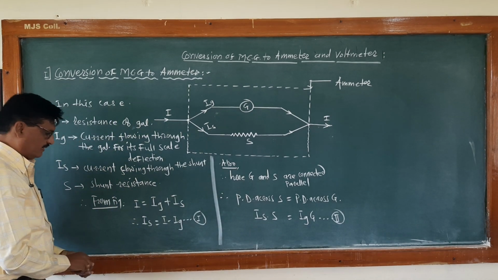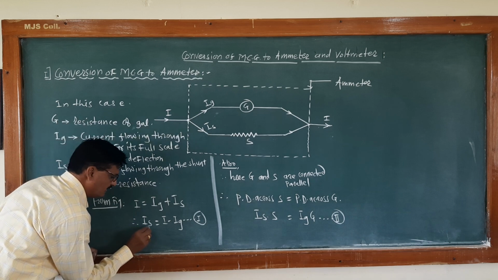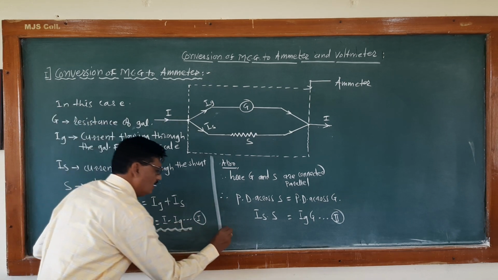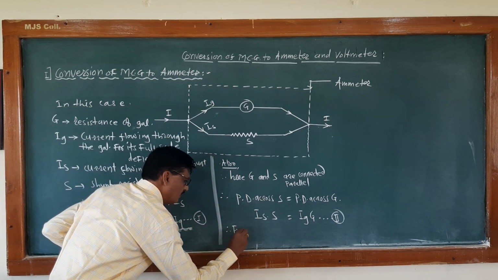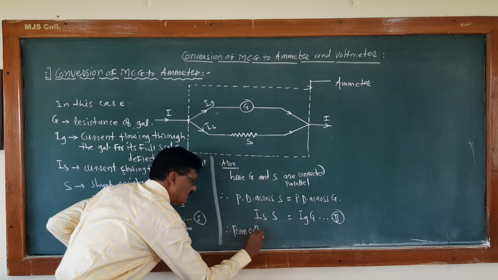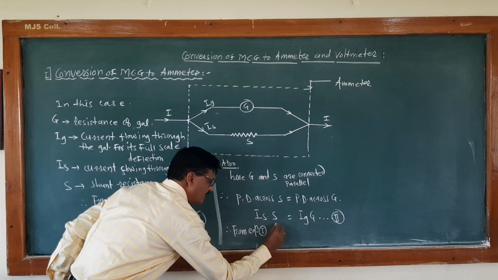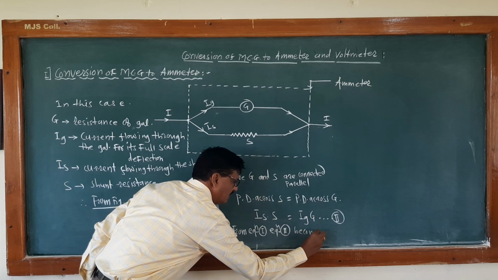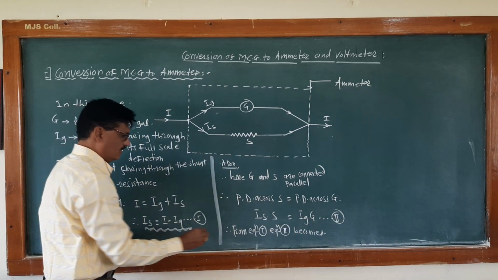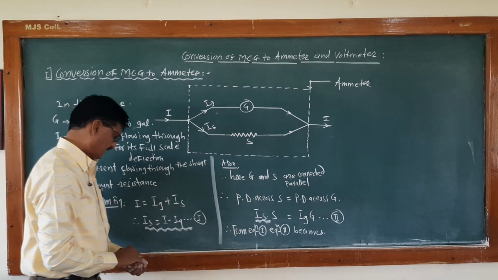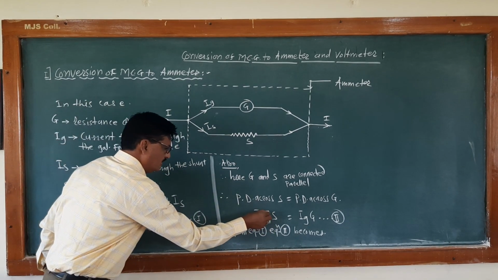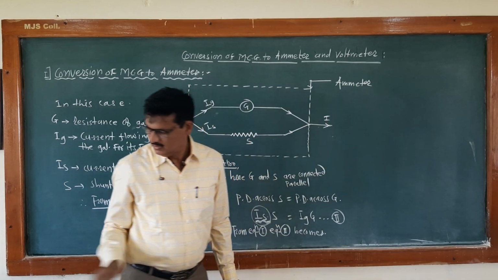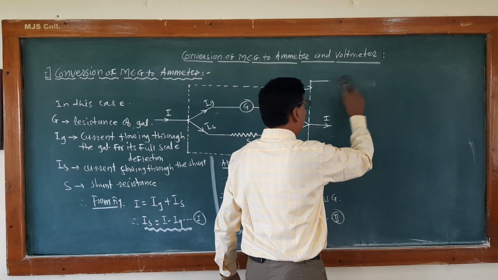Already we know from equation number 1 that the current flowing through the shunt is Is equal to I minus Ig. Therefore, equation 2 becomes, this means that we can substitute the value of the shunt current Is in equation number 2, and therefore if you substitute the value of Is in equation number 2, the equation becomes